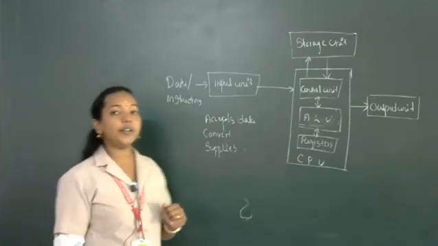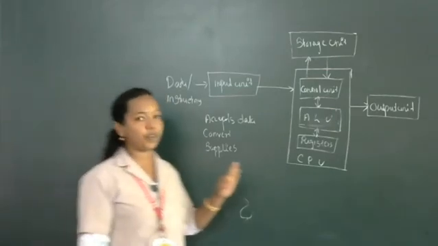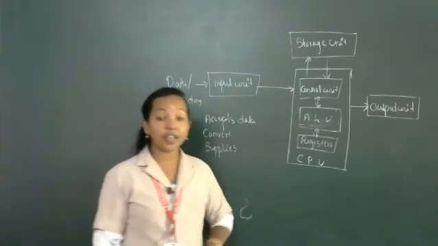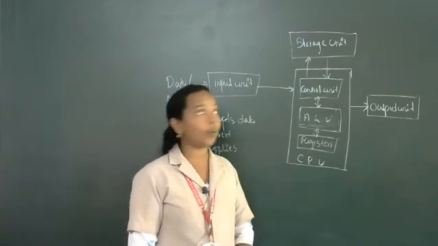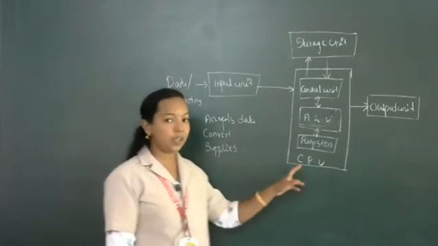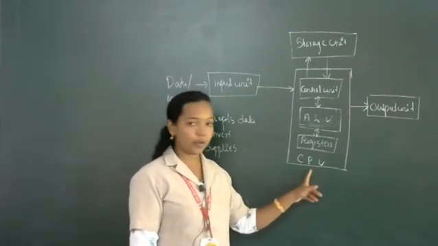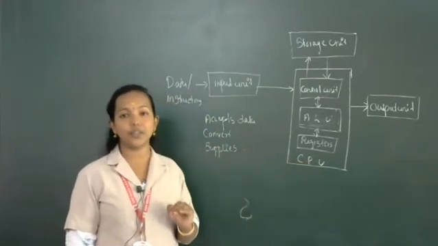Processing unit. So what is the duty of processing unit? Processing unit consists of three different units. What is the first unit? Control unit. Control unit means this control, or before that, what does it mean by CPU? CPU, full form of CPU, Central Processing Unit. The name indicates Central Processing Unit.